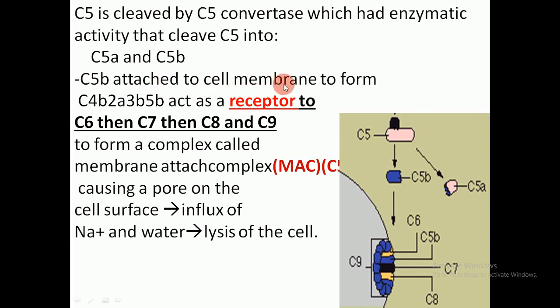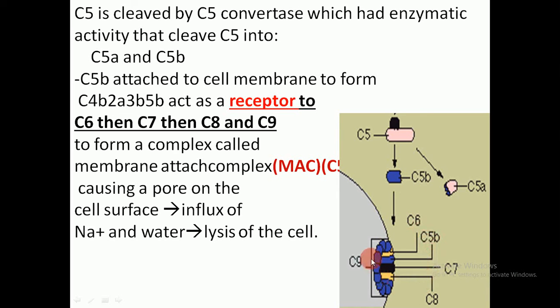C5b attaches to the cell membrane and acts as a receptor for C6, and then C7, then C8, then C9. So C5 is divided into C5a and C5b, and this needs to bind to C6,